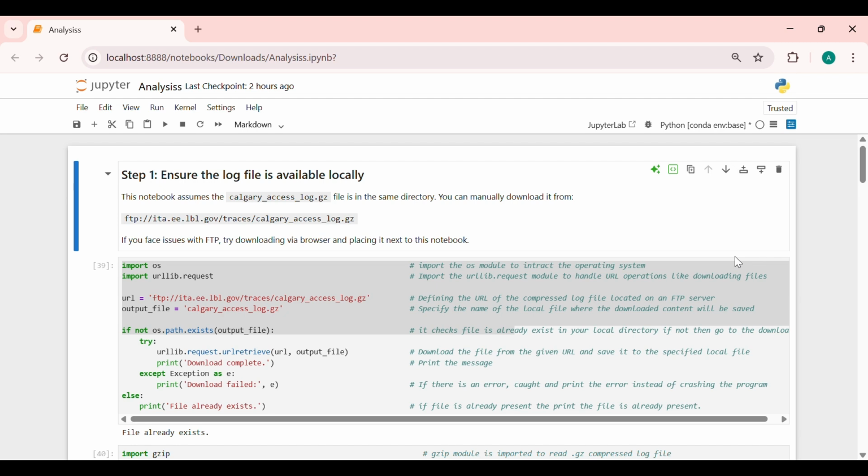Welcome to the detailed walkthrough of a real-world web server log analysis project using Python. Here in this project we will discuss how to download and read the compressed log files. Second, we will discuss how to place the raw data into a structured format. Third, we will discuss how to clean and prepare the data using pandas, and after that we